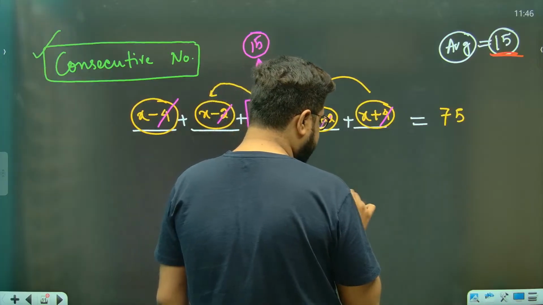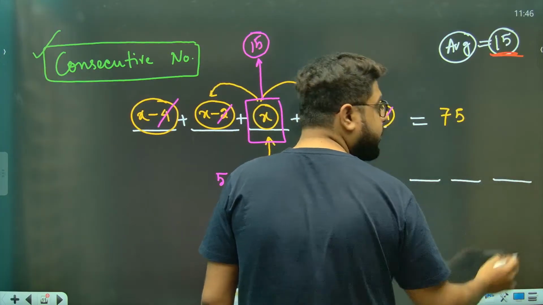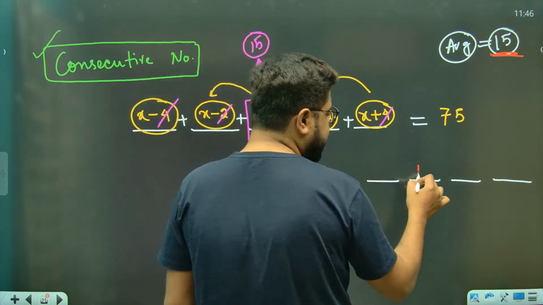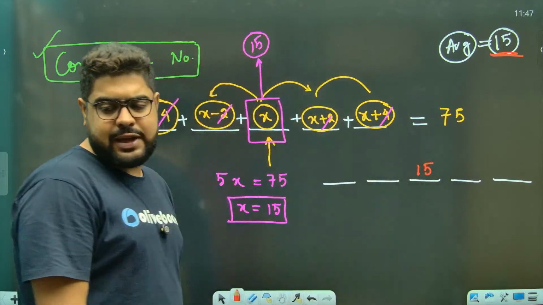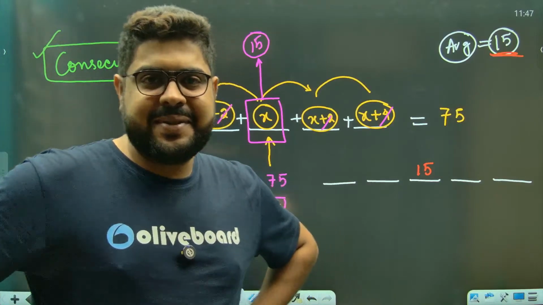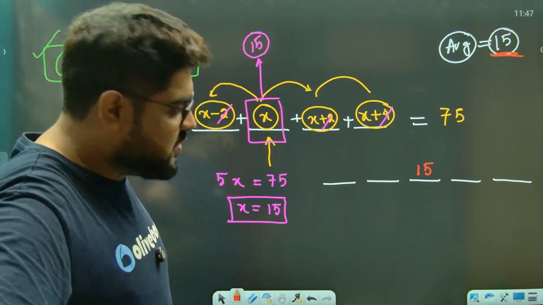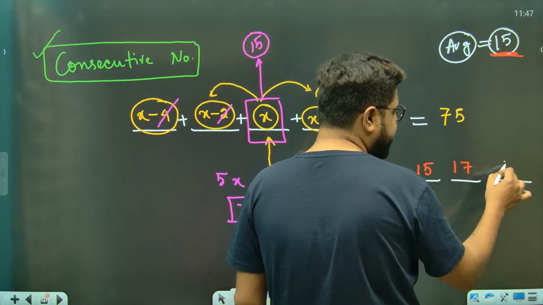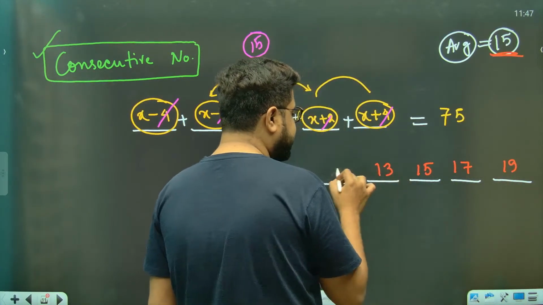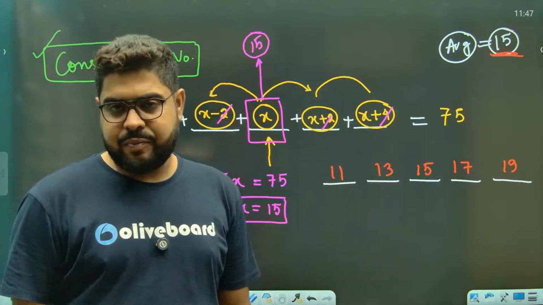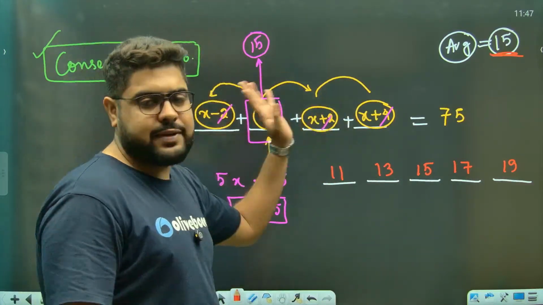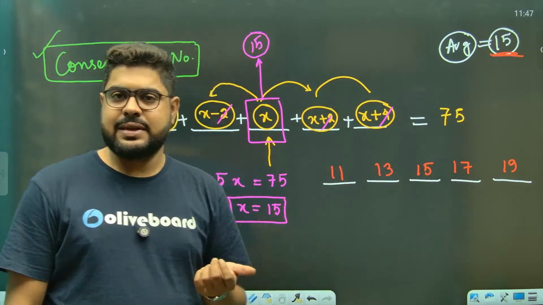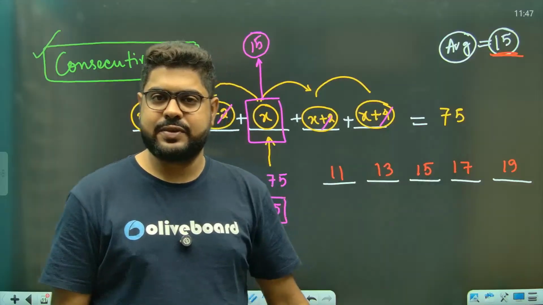So there are 5 numbers, 1, 2, 3, 4, 5, and they have given you the average to be 15. Always, that average is the middle number. So the other numbers, anybody can now say, this will be 17, plus 2, then 19. This is 13, this is 11. Done. You don't need x, y, z, whatever. Nothing is needed. Similar for the even numbers as well.